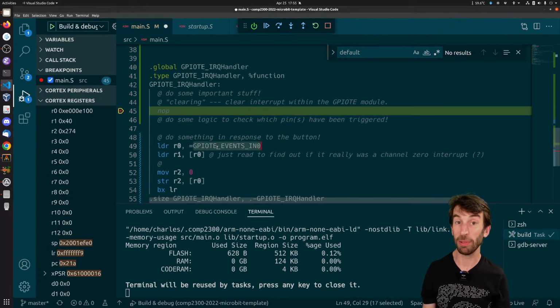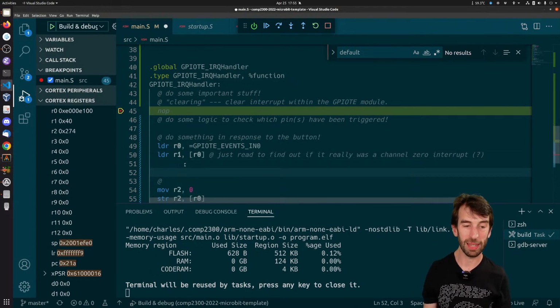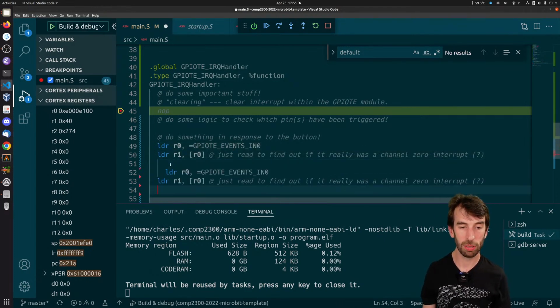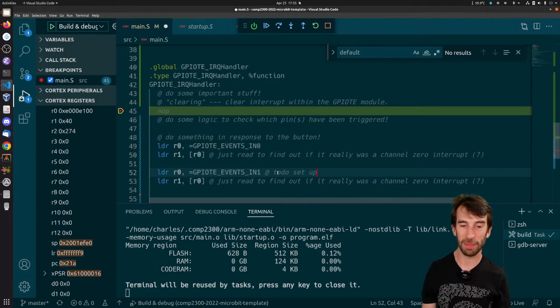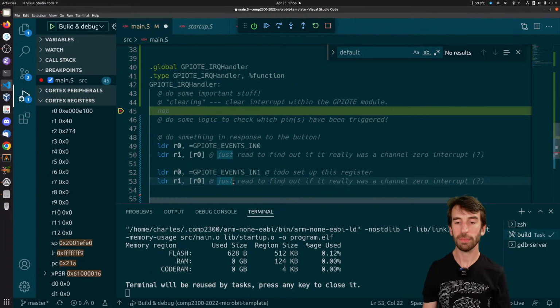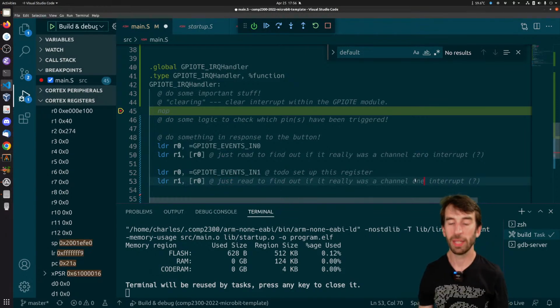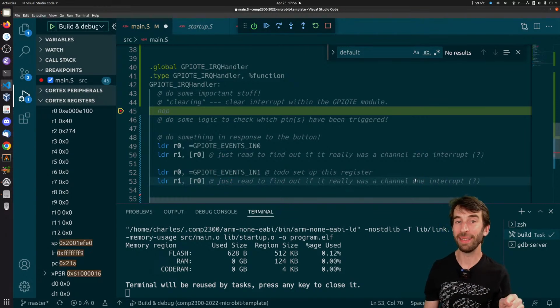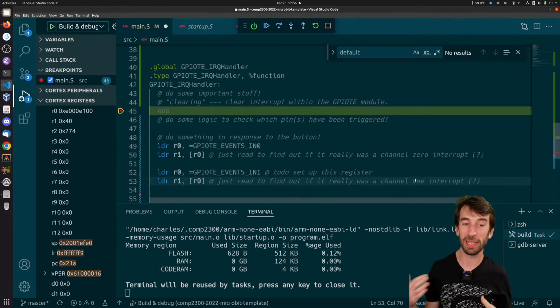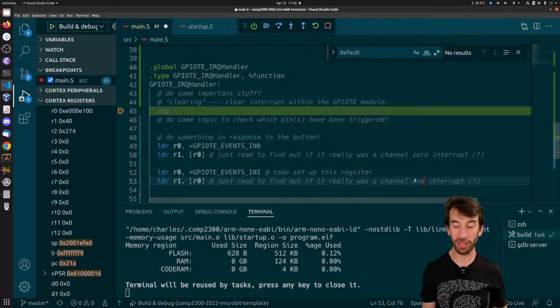So I did that here with channel 0, but I could then do it for channel 1. Same thing. In 1, I haven't actually set up this register. So then I might want to clear 1 and then let another interrupt happen immediately, clear the next one, another interrupt happens immediately, clear the next one. Or, as someone asked in the chat, I could check,